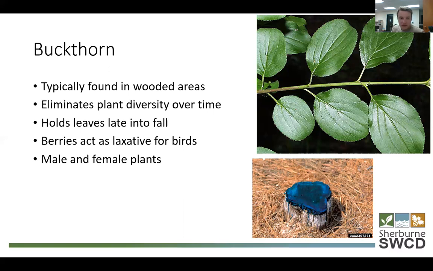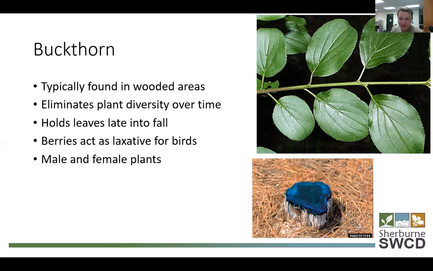So buckthorn management isn't done for at least 5 years, and even after 5 years, if you have everything removed, it still takes constant monitoring, because these berries act as laxatives for birds. So your property can look perfect, your neighbor's property can look perfect, all the properties around you can have perfectly no buckthorn, but all it takes is one bird to fly in and drop some more seeds off, and you're